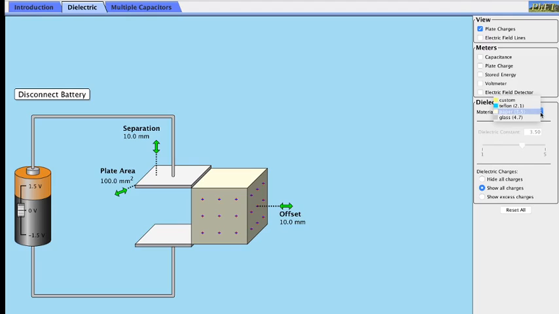mag-focus lang na 3.5 for paper, ganon, so you can use custom din naman, so that it depends sa iyo kung ano yung gusto nyo na value ng the dielectric constant. So, depende lang din sa lab manual. Okay? So, kung anong specify ng lab manual about the dielectric. Okay? Now, same din, so you can choose to